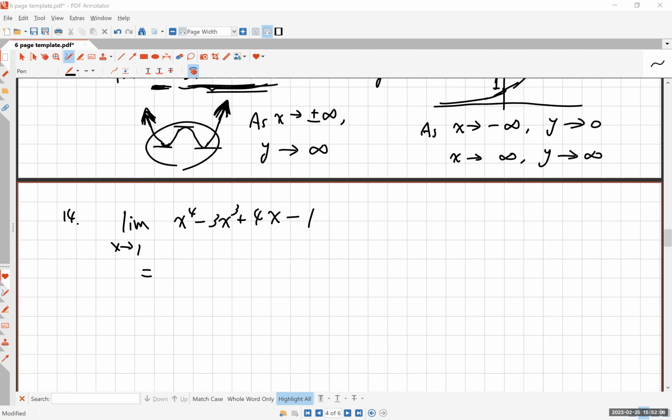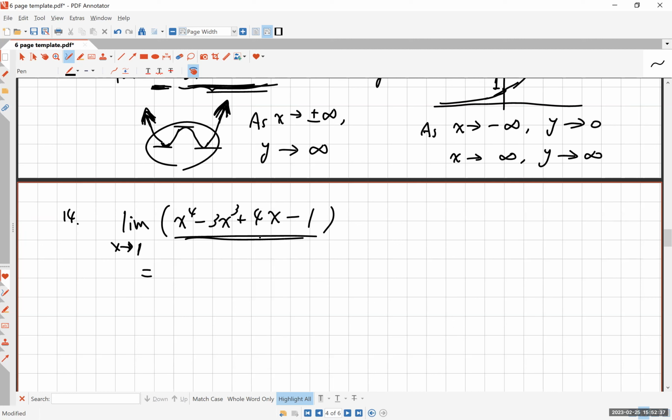Number 14, evaluate this limit as x approaches 1. This is a polynomial, okay? And you know from the section on the functions or sections on continuity that a polynomial is always continuous at every single point. And because it's continuous, the value of the function is the limit of that function at that point. So as x approaches 1, this function will approach the value of this function at 1,